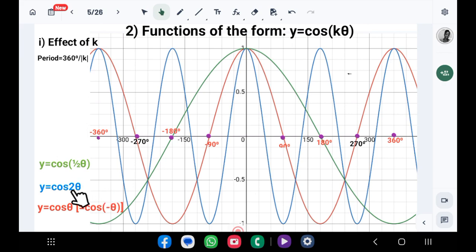But notice that you also have your milestones divided by 2. So instead of the first x-intercept being at 90 degrees, it's at 45 degrees, meaning that we've divided that also by 2. So not only is your period divided by 2, but all the associated milestones in that function are also divided by the same factor, which is the absolute value of K. So meaning that